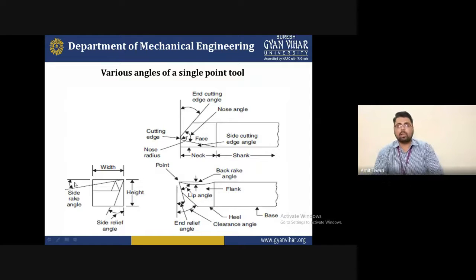We must remember that during the machining operation, the rake angle will be positive, and we want a larger rake angle. Whenever we take a larger rake angle, that means our machining operation will be successful, or we can say appropriate machining will be done. So the rake angle's role is basically to decide whether the direction of the cutting tool is good, or whether the direction of machining will be perfect.